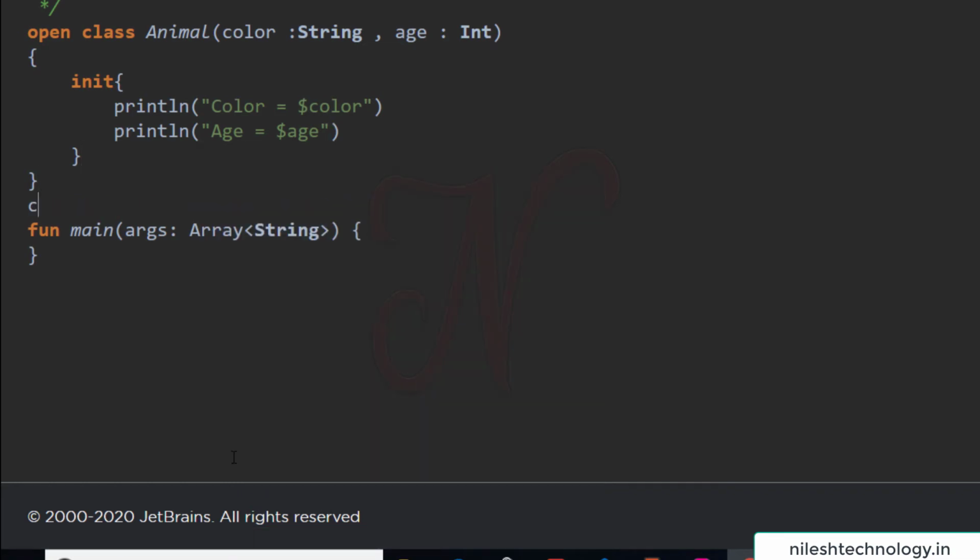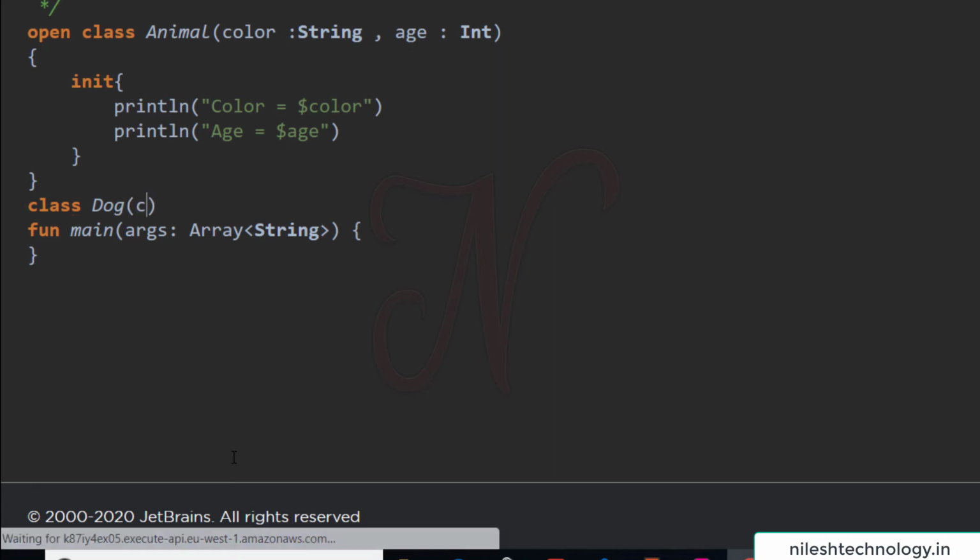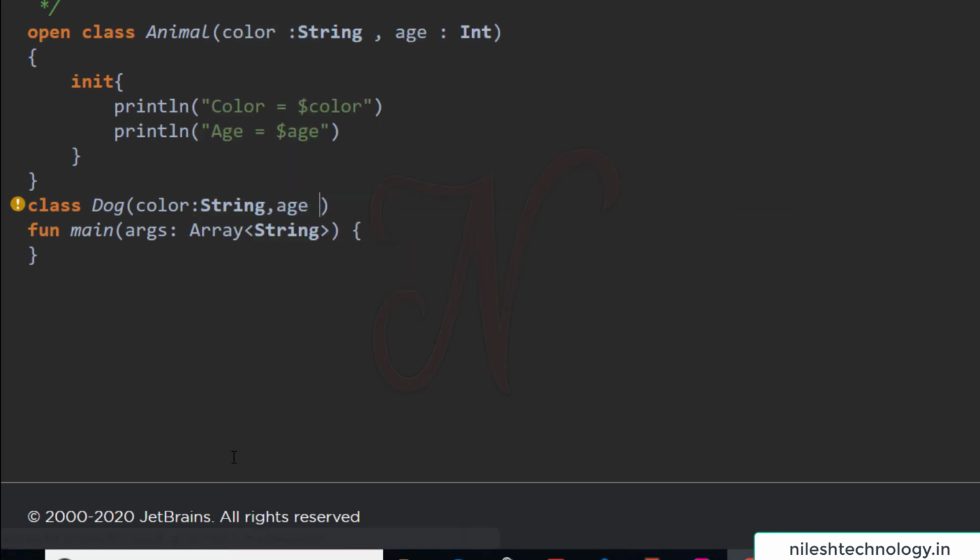Here is one more class, Dog. There is one parameter, color, and here age, Int. Here we inherit the Animal class.